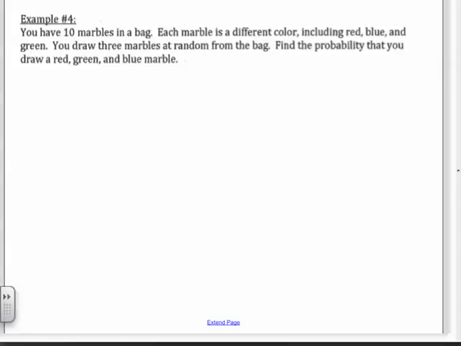So I know I want to find out how many different combinations there are. There's only one combination that works for me, right? Red, blue, or green. So I know with probability that it's desired over the possible. There's only one combination that I want, red, blue, and green. But how many possible combinations are there? Well,